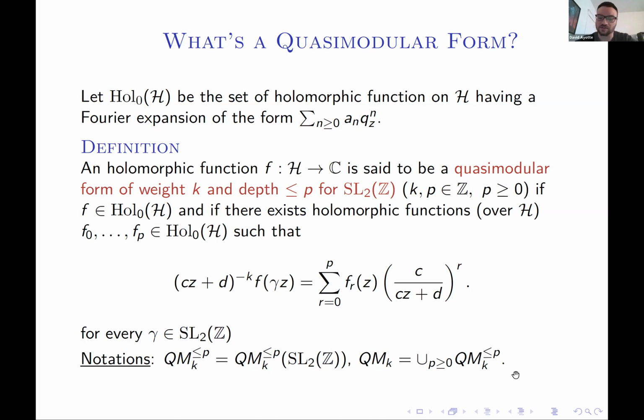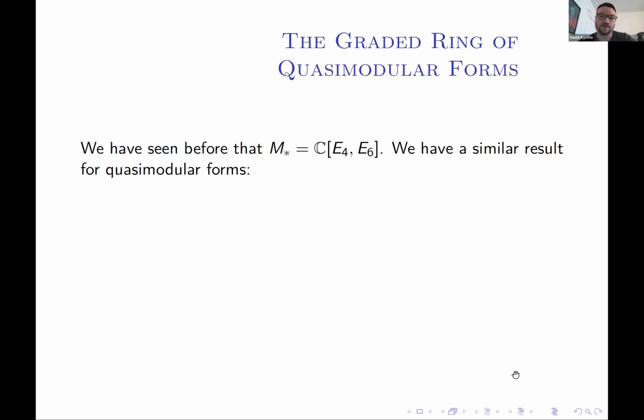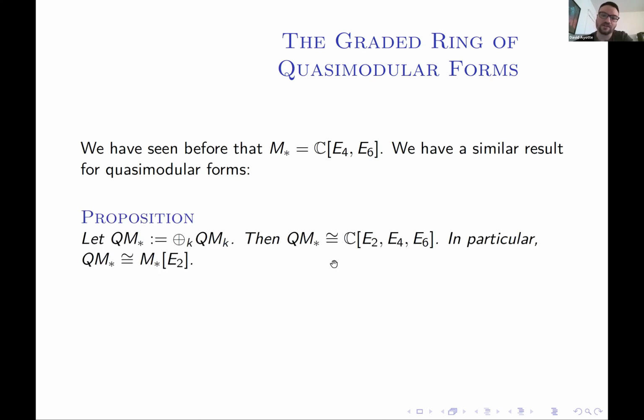Next I want to introduce the space that I implemented in SageMath, which is the graded ring of quasi-modular forms. We have seen before that the ring of modular forms is generated by E4 and E6. So what about the ring of quasi-modular forms? In fact, we have a really similar result: we only need to add E2, the weight 2 Eisenstein series. So it's generated by three